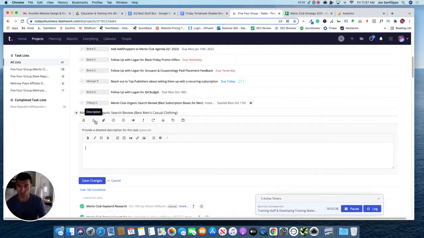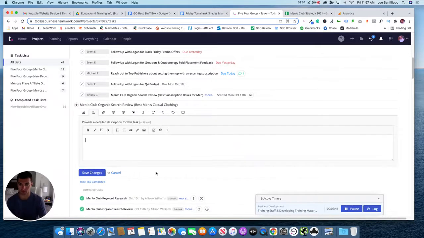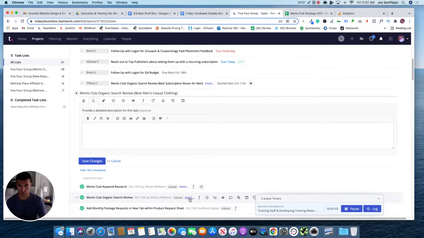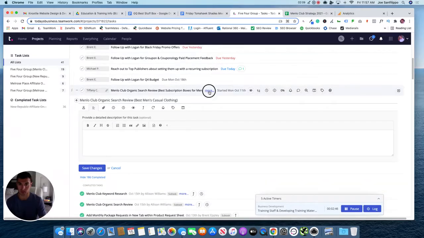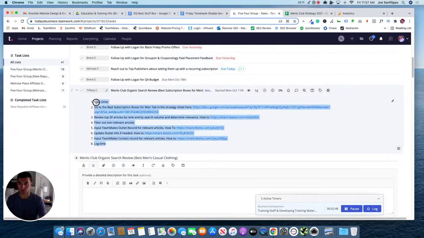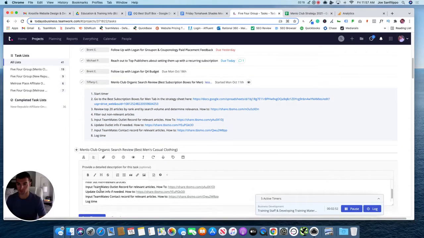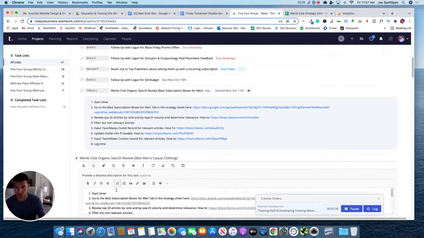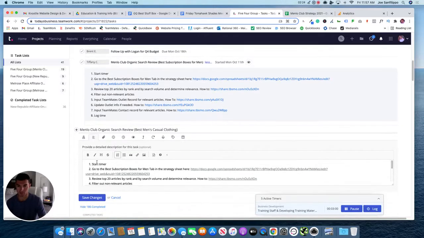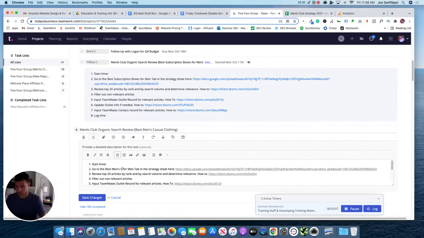Then in here, we're going to want to put the description of that task, so telling her kind of what she needs to do to complete this task. So I'm going to copy what I have for another task because I've already done this a few times, and you guys should be able to do the same thing. And just pull that in, give it a numbered list so you know where to start and where to end. In this case, you start the timer. You're going to go to the best men's casual clothing